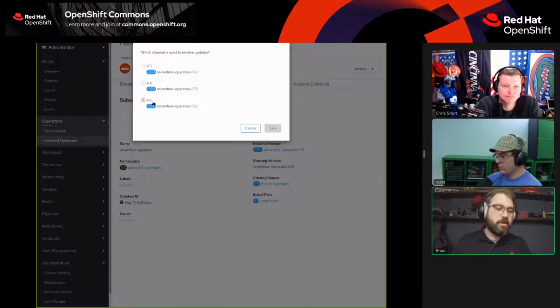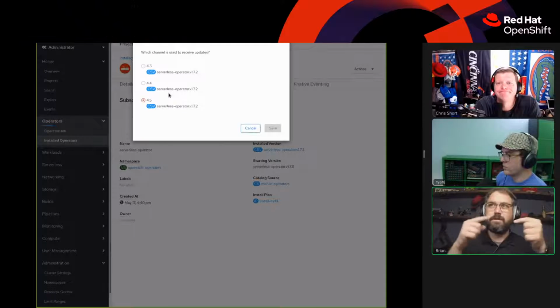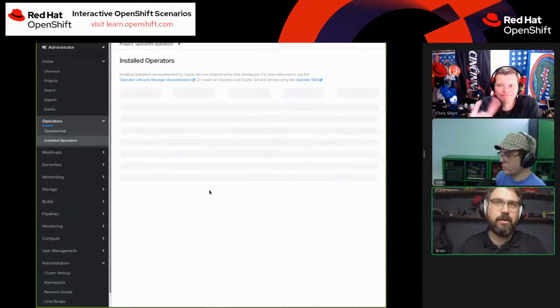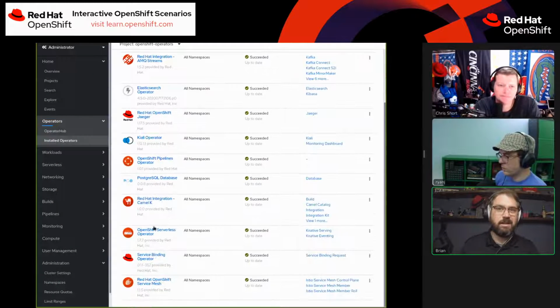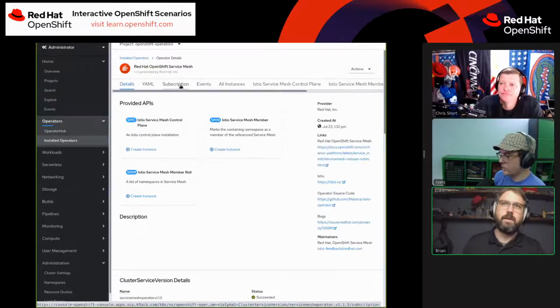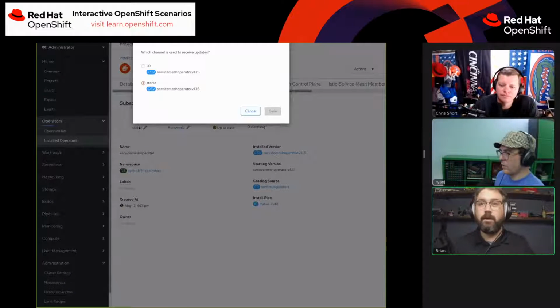So even though they're the same version of the thing, there could be some differences at some point, right? So make sure that you also double check the operators you install and make sure that the versions match together. Not all operators are like that though, so pay attention. The serverless one is one, but say the service mesh one just has a stable channel. So that's okay, you don't have to deal with it.